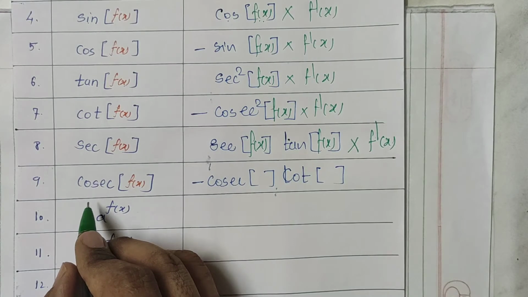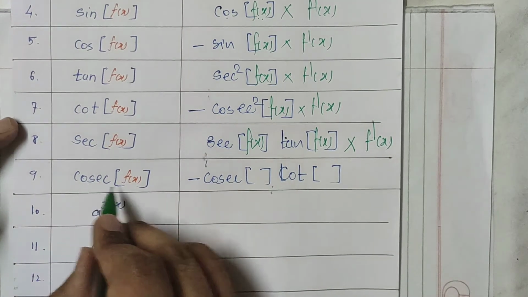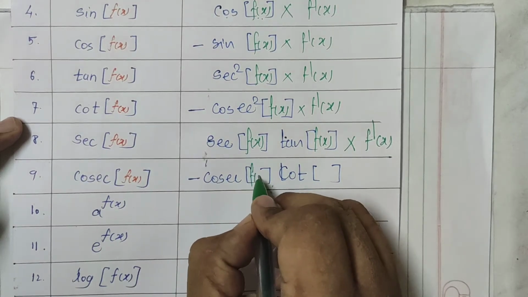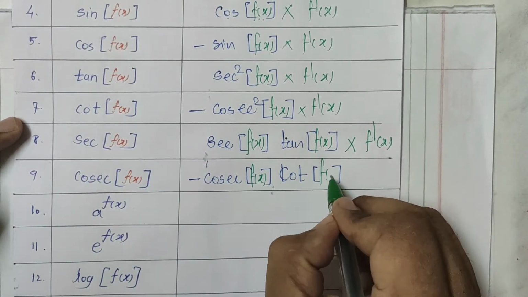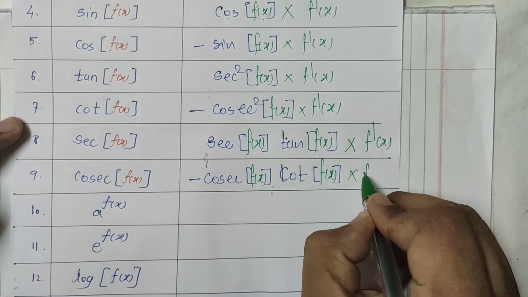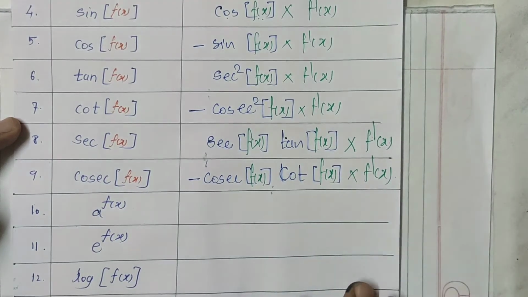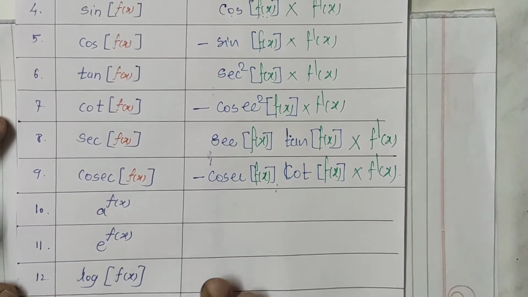Cosec of f of x. Next rule, cosec of f of x. The cosec f of x derivative is minus cosec of f of x into cot of f of x into f dash of x. Then next,